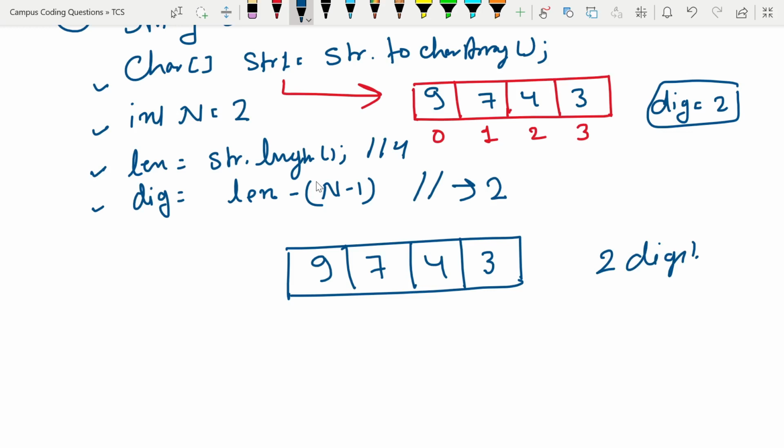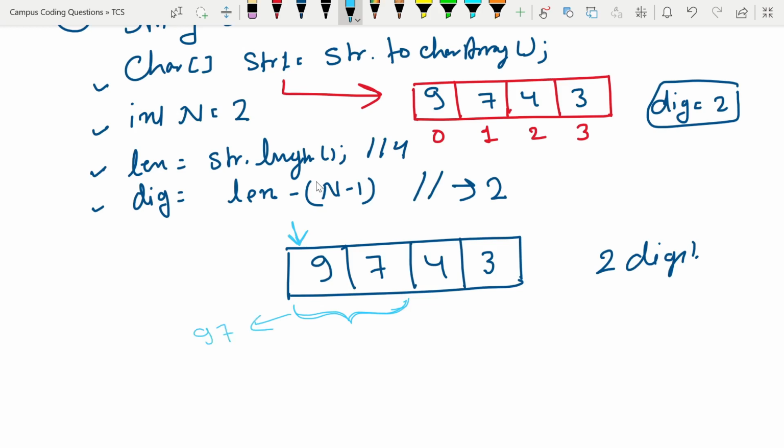So first of all we will start from this first index, and iterate over the second index. So in this way we can get